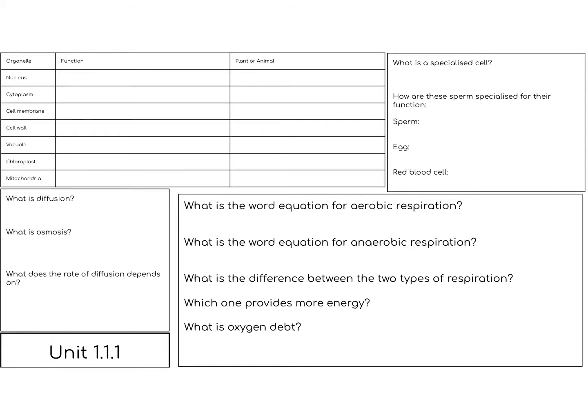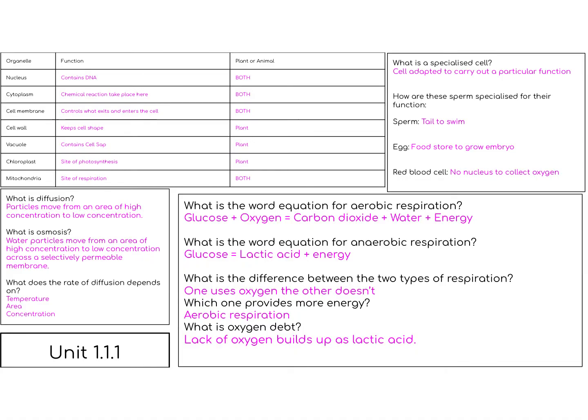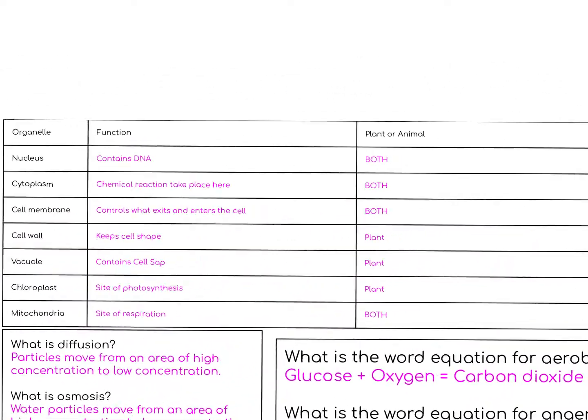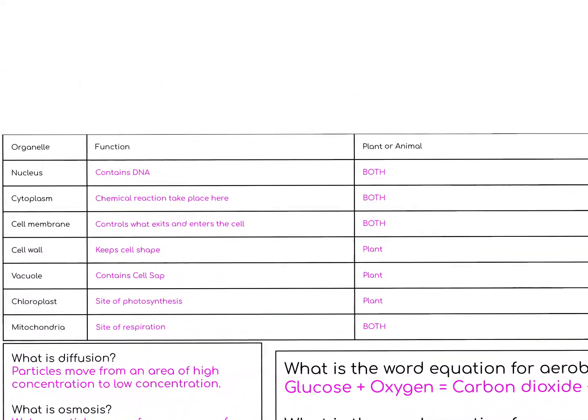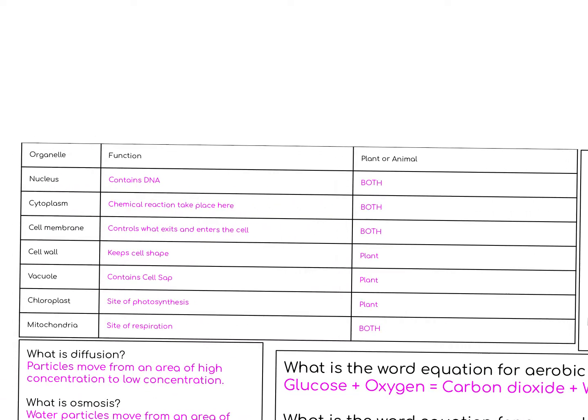So this is the answers to the 1.11 review sheet. Okay, so this is what your sheet should look like. And then I'm going to go over to the next slide and talk about what your sheet will look like filled in and give you the answers. So up here then is all the different parts of a plant and animal cell. I didn't ask you to draw or label it because I think it's just as important to know what's